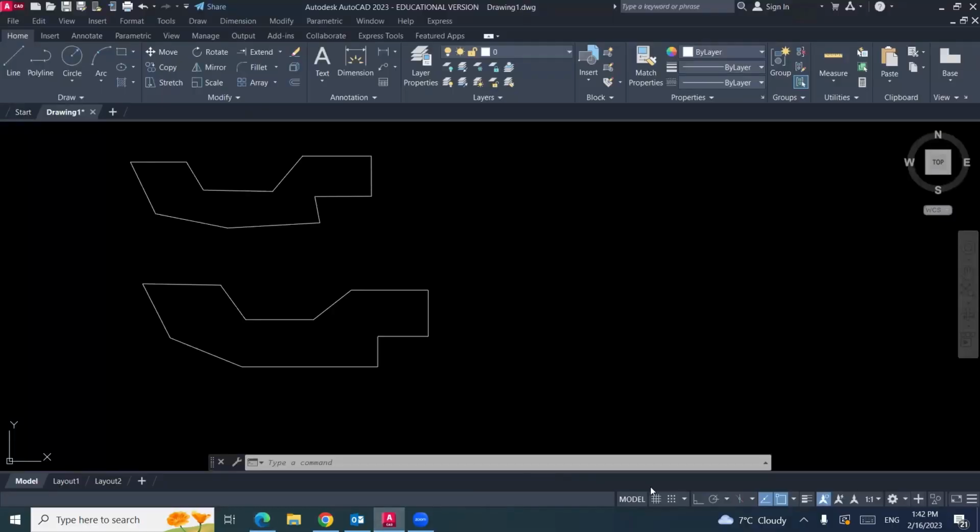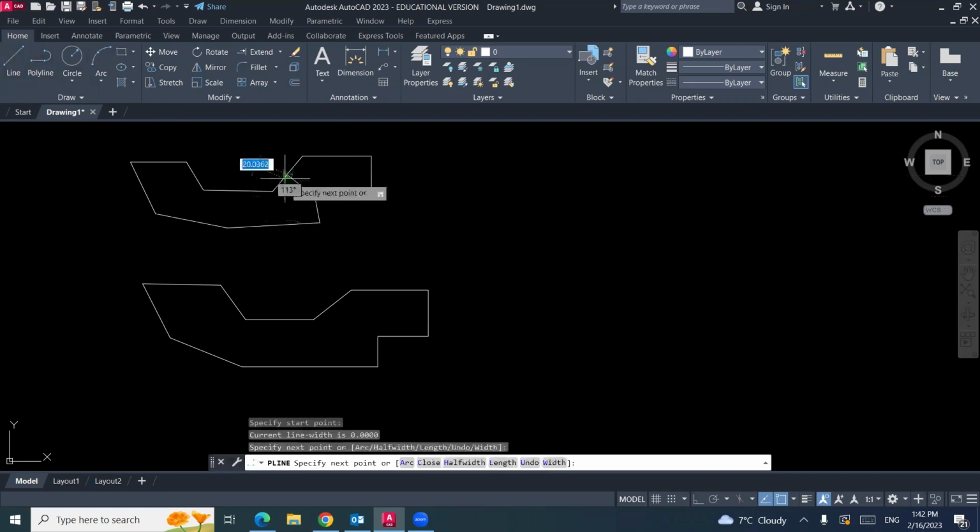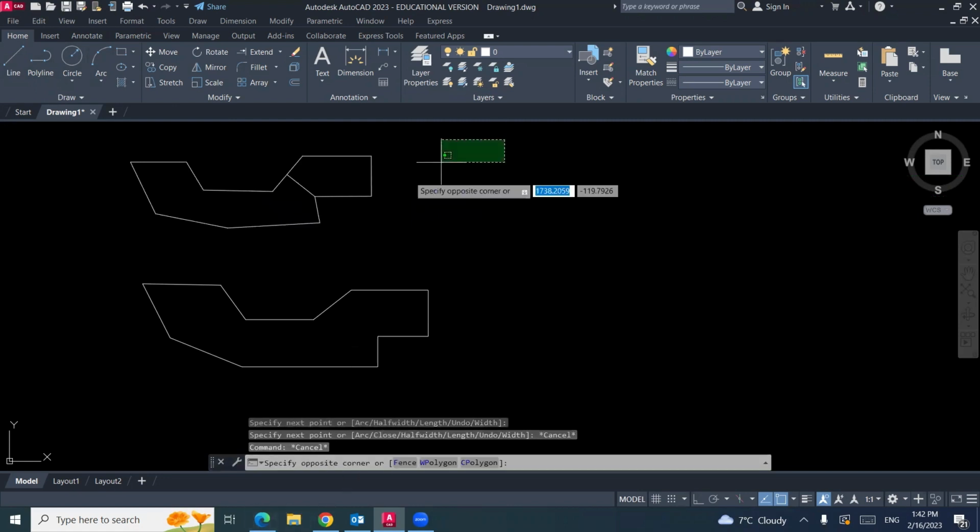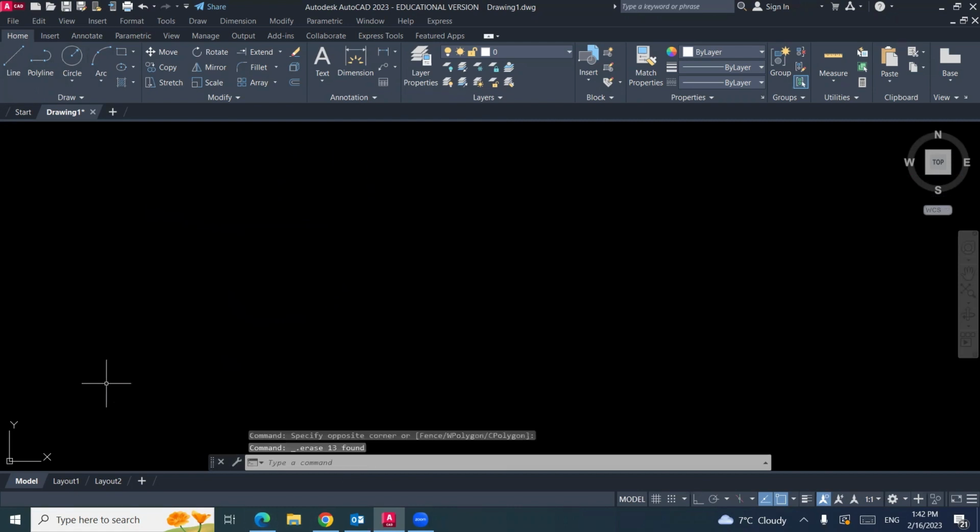You can use ortho mode on, off, anything. Midpoint, you will find midpoint in polyline. We have perpendicular, we have everything you need. Like line, but one object. That makes sense?